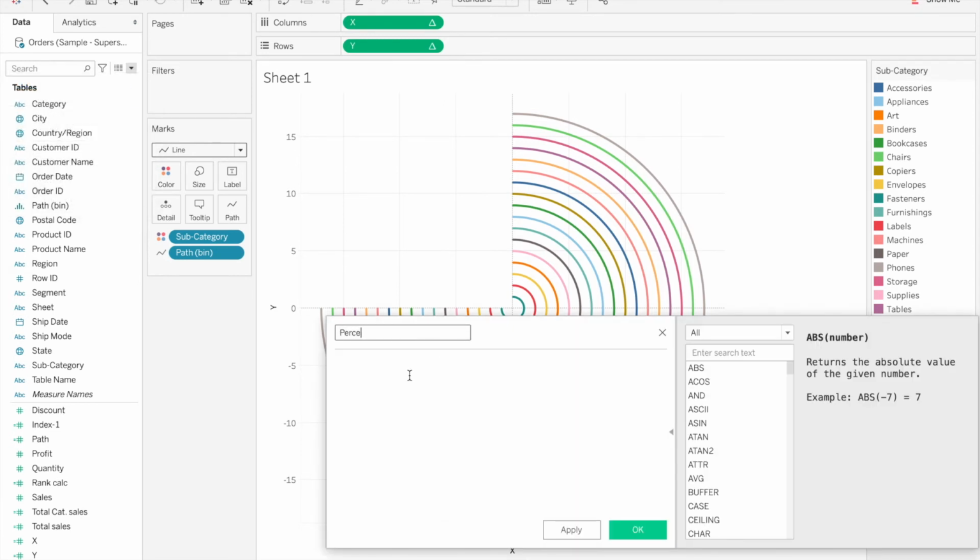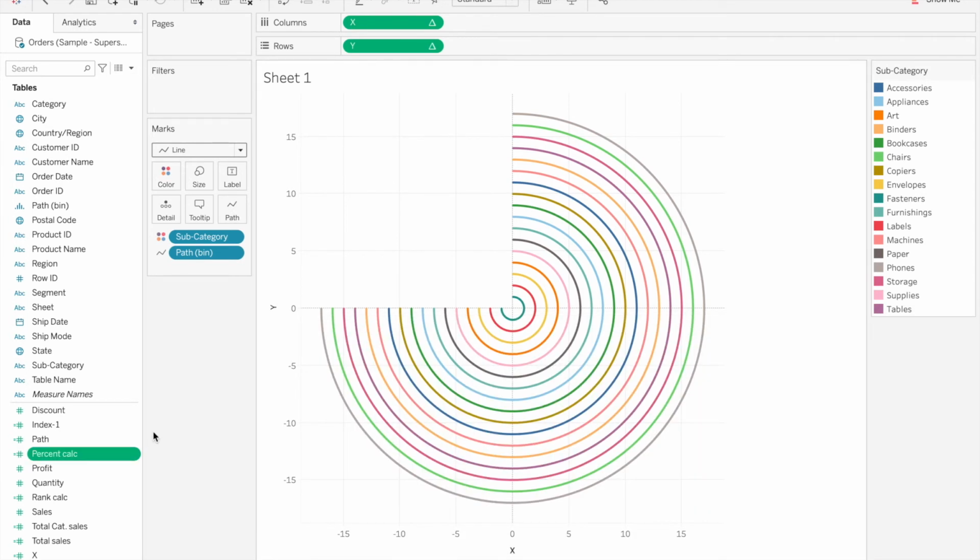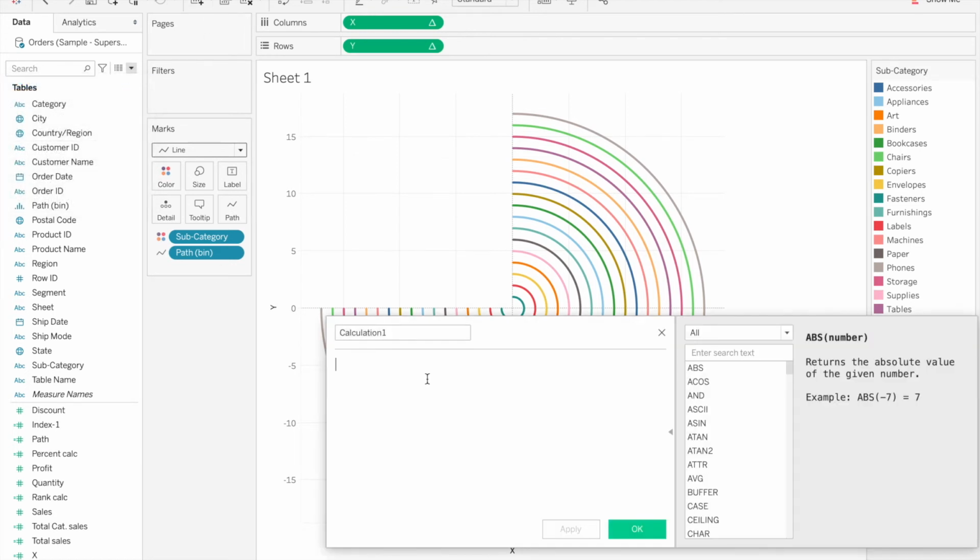Now we have to create a percentage calculation. So percent calc: total category sales by total sales. Once we create a percentage calculation, we need a calculation that helps us change the size of these radials based on the percentage. We will create a calculated field and name it size calc.